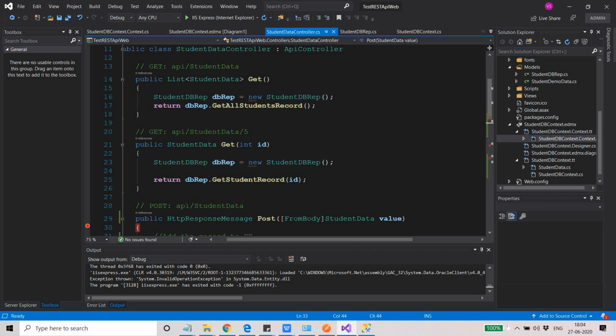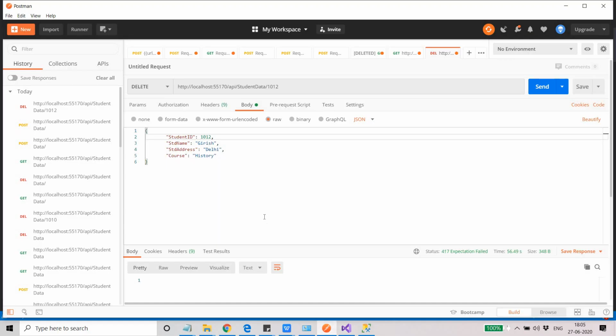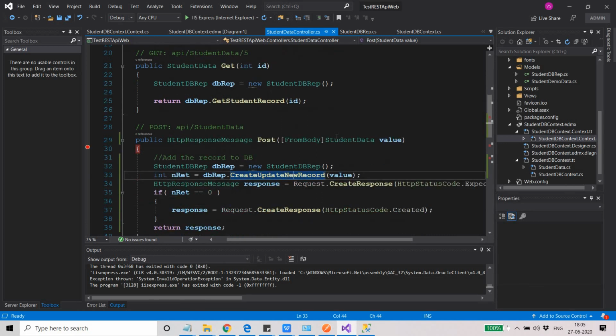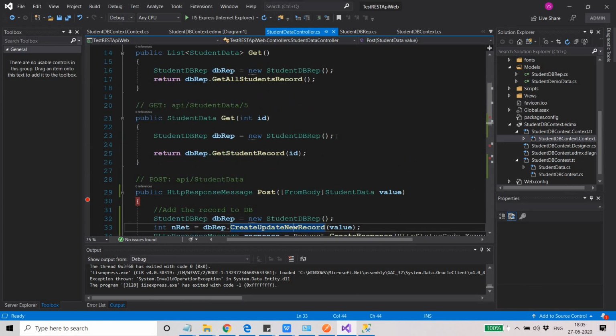Okay, so I will start about AngularJS with REST API, so that we can see how we can call the REST APIs for this service. We can make a call to this service using the REST API calls, so that we can get all these records in our applications, right? So till now we are using this Postman, but now I will work with a client application. That client application may be an ASP.NET web application, and that client application may be an AngularJS application. So I will give the demo on the AngularJS. So we will discuss about the AngularJS and how it can use the REST APIs in coming videos.